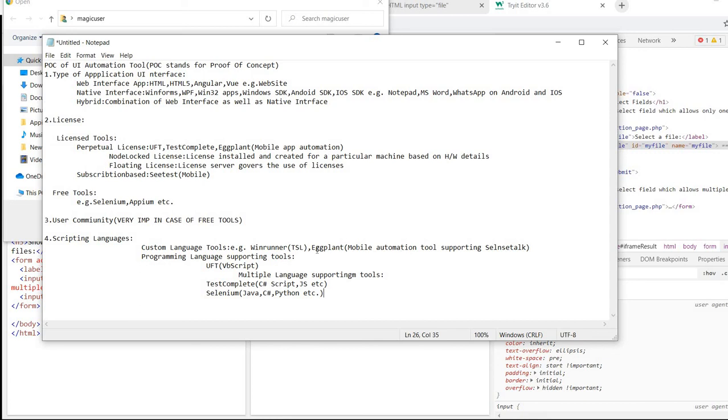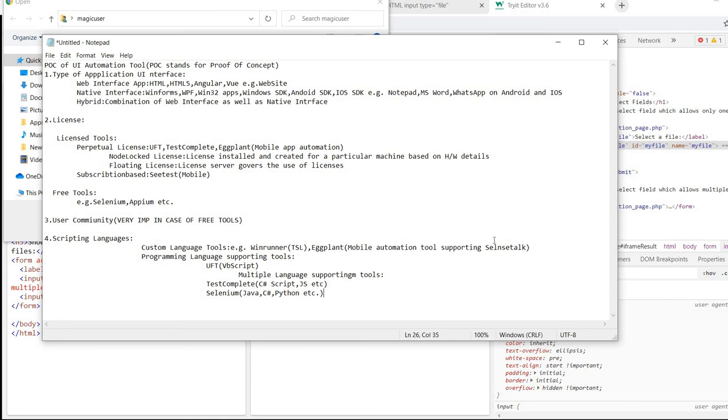Now the challenge is, if you choose any custom language tool, like Windrunner or Eggplant, then you need to learn the SenseTalk language. You might not have knowledge of this language, because it is a custom language only to be used with Eggplant.